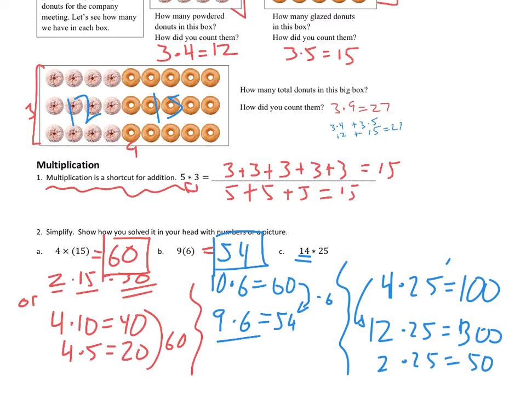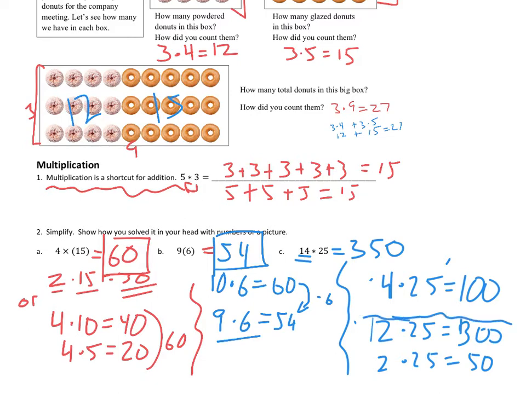So if 12 25s is 300 and 2 25s is 50, we got 350. That's one way to think about it. Okay? Or maybe you said this. Maybe